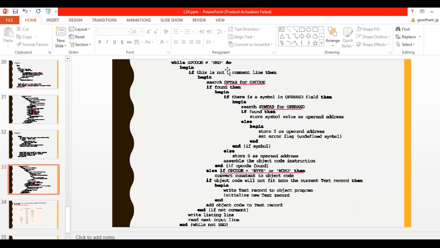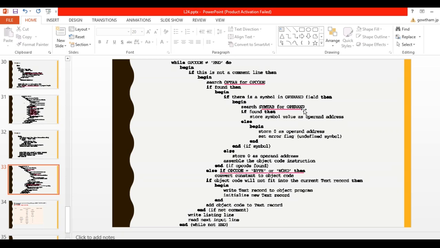So while the opcode is not equal to END, do begin. If this is not a comment line, then begin. Search OPTAB for the opcode. So find out what the value is in the OPTAB. If it is found, then check whether there is a symbol in the operand field. If there is a symbol in the operand field, then search the symbol table for the operand.